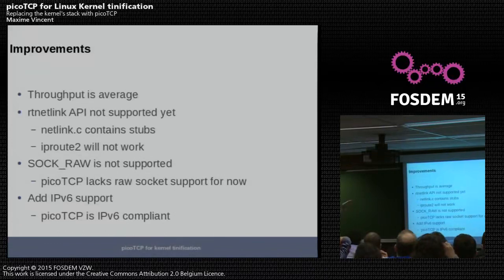The RT netlink API is not complete yet, as I stated before. Raw sockets also are not supported. And what do you need raw sockets for? For example, the ping command is going to use raw sockets. So for now, the board will reply to pings, but you cannot send pings to other targets because that will require raw sockets, and we don't have them. And this is actually because PicoTCP has no raw sockets for now. On the other hand, there is no IPv6 support yet, and that's not because of PicoTCP, because PicoTCP supports IPv6 very well, but it's just the lack of glue logic and more interfaces to make there.